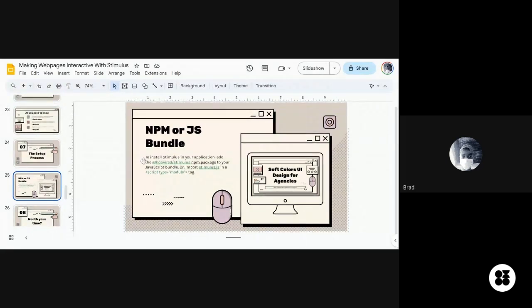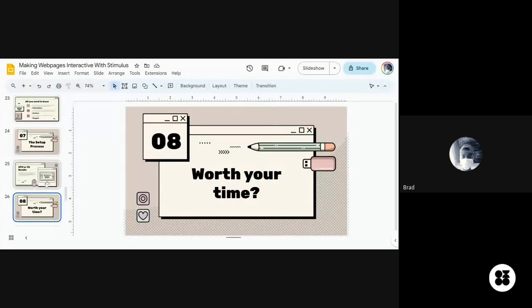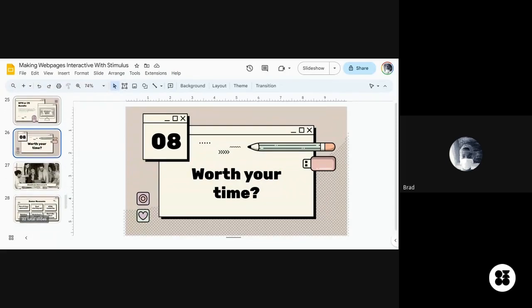You can just npm install stimulus, or just add it to your existing HTML, CSS, and JavaScript using the script type module tag. That's how straightforward it is to get started with Stimulus. Very straightforward. All the things I've been drawing your attention to.